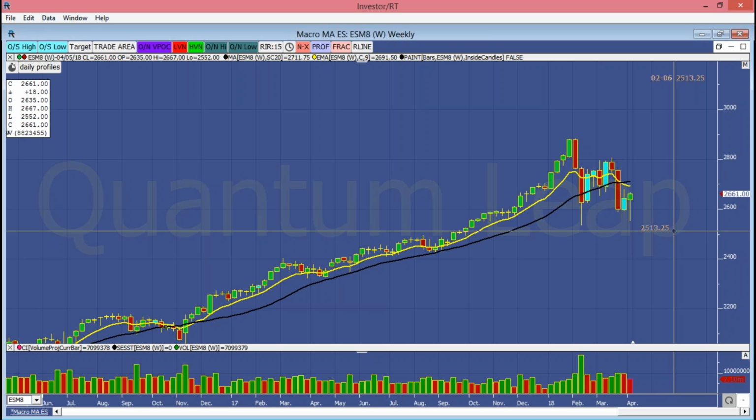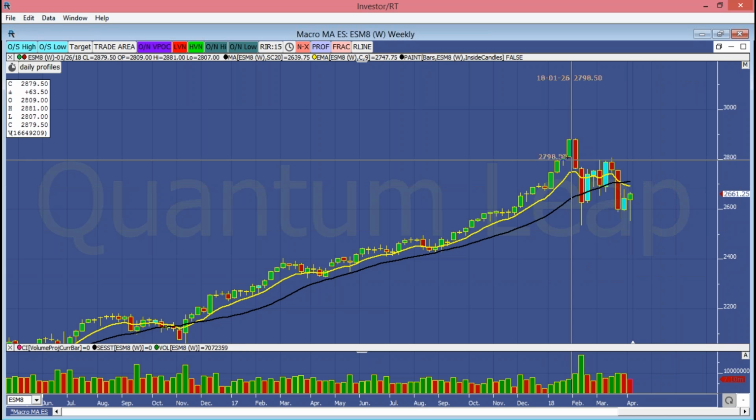And if we can get back into the 2700s, I'm still targeting, believe it or not, that unequalized high up at the 2883 and a quarter and 2880 and a quarter, which is the Globex all-time high and the RTH all-time high. Obviously that's way up there, so I'm not getting ahead of myself, but even though